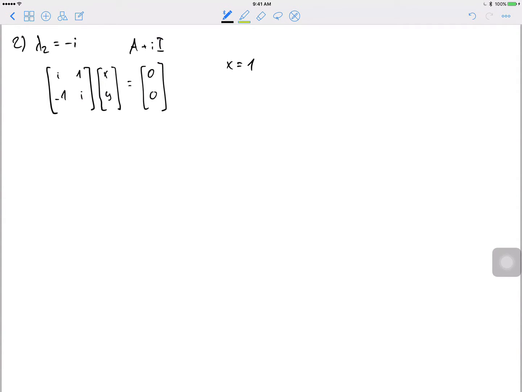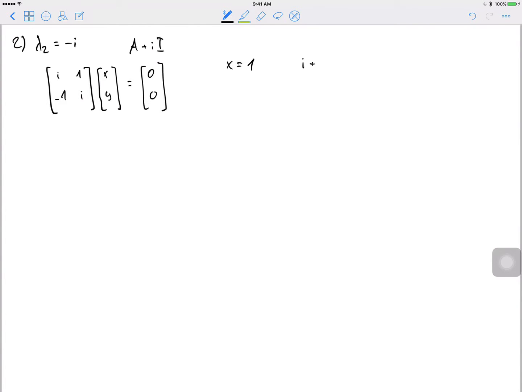Because if I pick x equals 0, exactly, Trevor, if I picked x equals 0, I will get y equals 0, I will get a trivial solution, which is no good. So I can pick anything else that's non-zero. Well, why make my life more difficult than necessary and pick x equals 1, okay? So in that case, the first equation, so if x is 1, then the first equation says